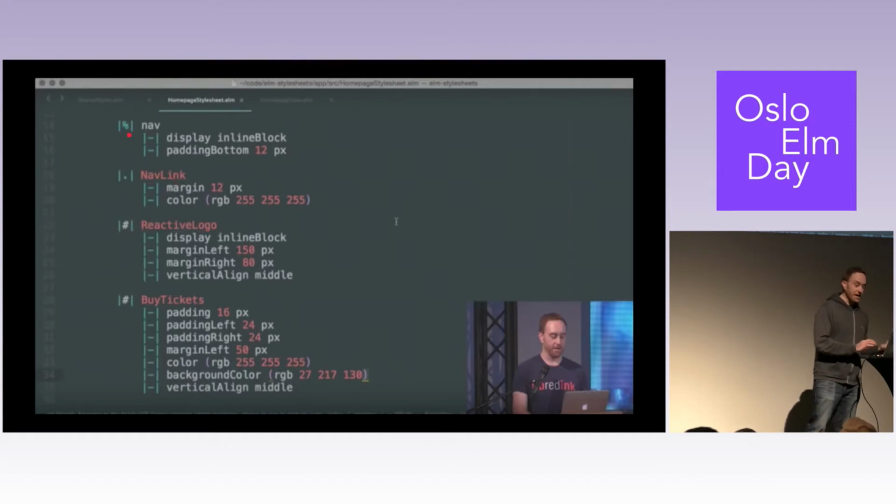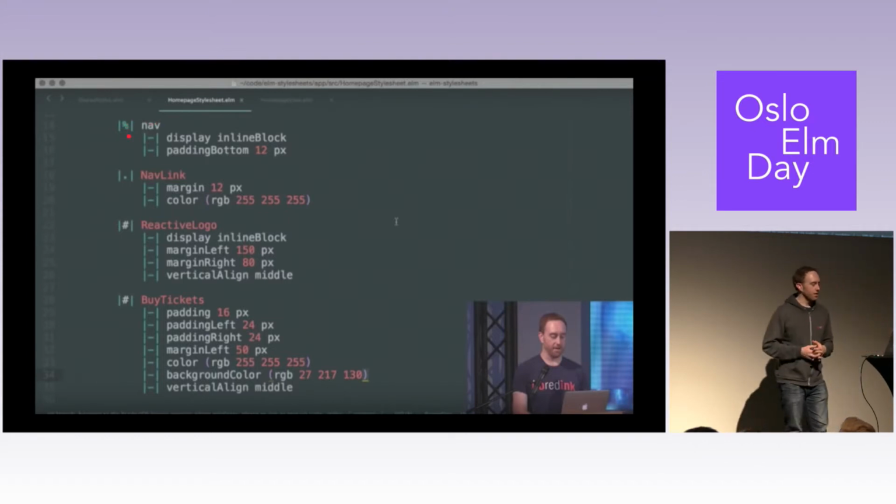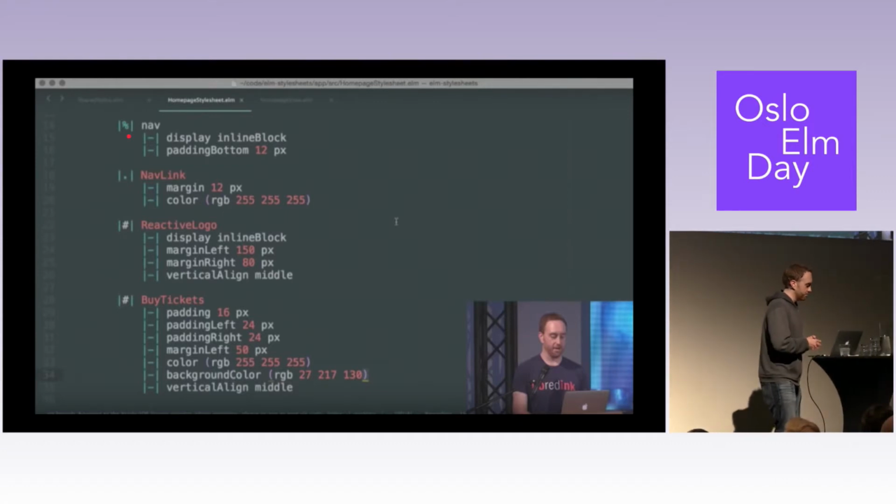And then I went with percent for bare elements because in order to get the types to work out, which I knew from Debug.crash, I needed to have something here. I couldn't just put plain nav. The types did not work out. And so I put this percent sign here because that's what Haml used for tag names. So and then we have the dash for the properties, and there's a couple of other design decisions that we'll get into,